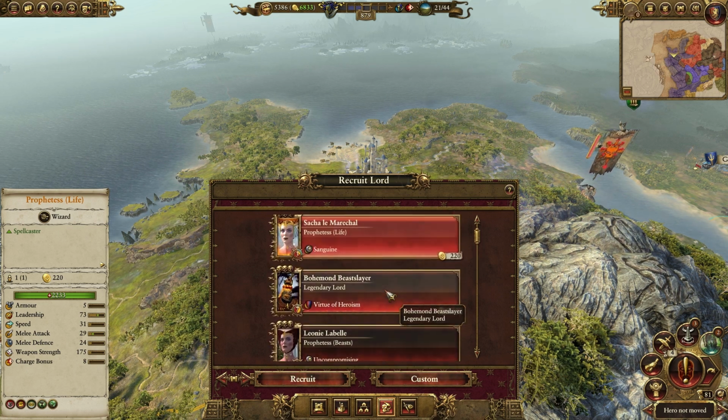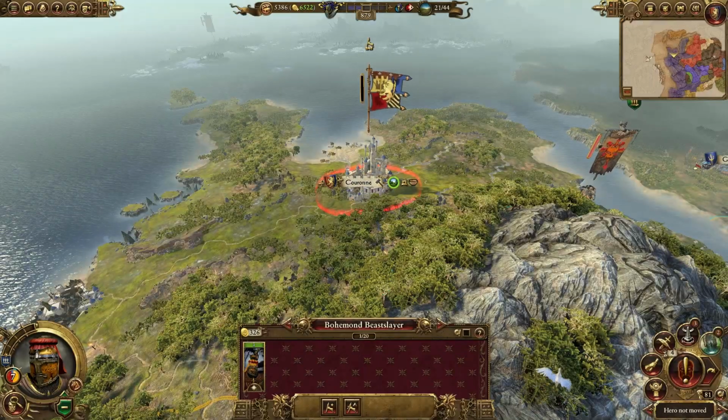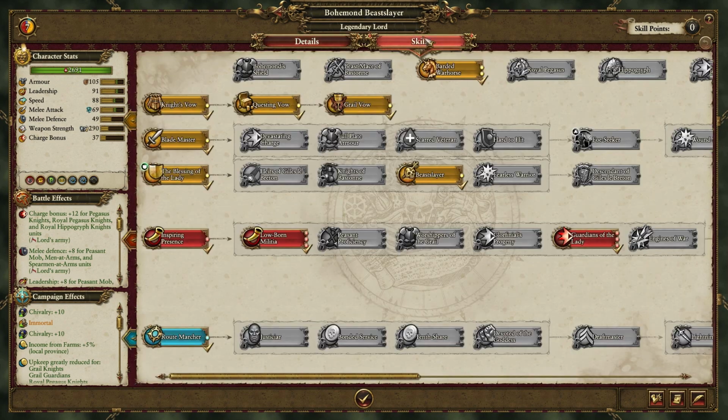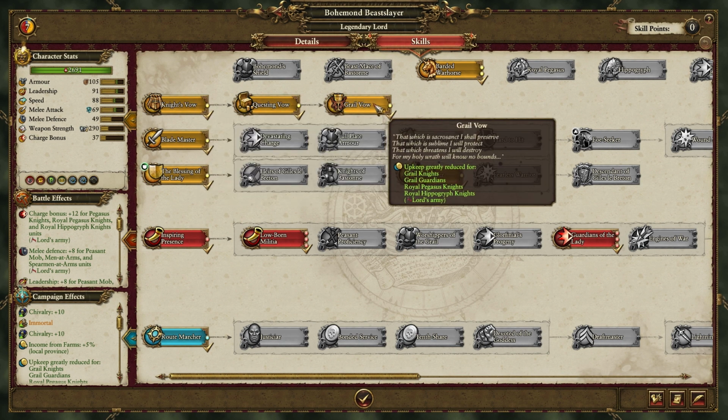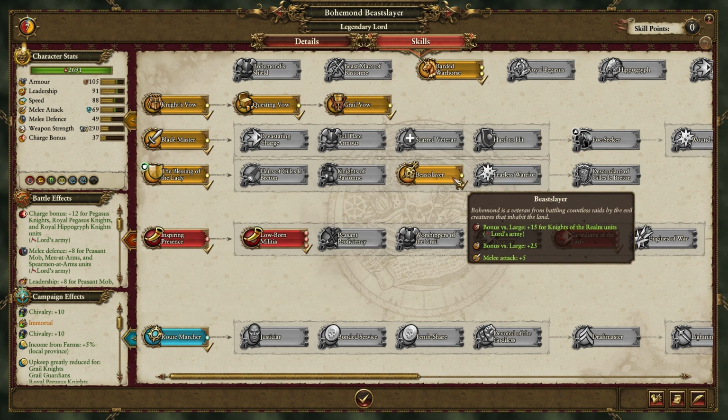I'm thinking go for Bohemond. Why not indeed? So let's check out your stats to start with. Okay, he's got the Knight's Vow question. He's already worked up to the Grail Vow. Good start. He's got Blessing the Lady, and he's picked up Beastslayer, giving us an extra bonus against large targets,